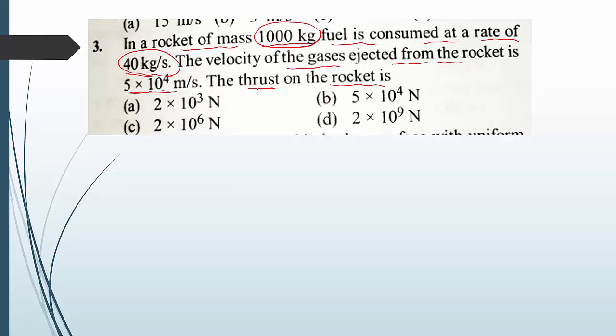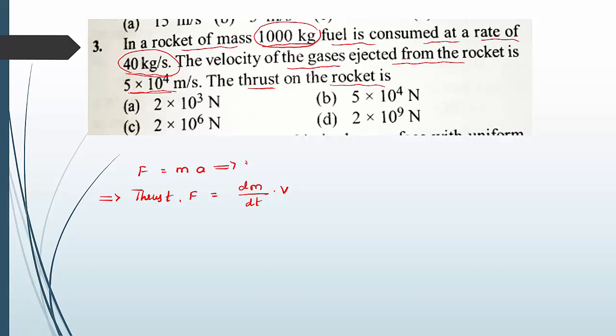So again we can use the formula, that is F equal to ma. But I am going to modify this equation. So here I want thrust. Thrust means again it is equal to what? Force. Here mass is not constant because as fuel consumes, mass goes on decreasing because the gas is ejected from the rocket. So I am going to rewrite this equation as, let us write it as dm divided by dt into v.